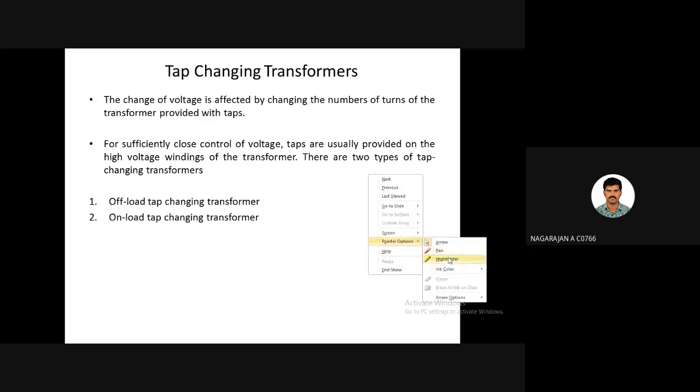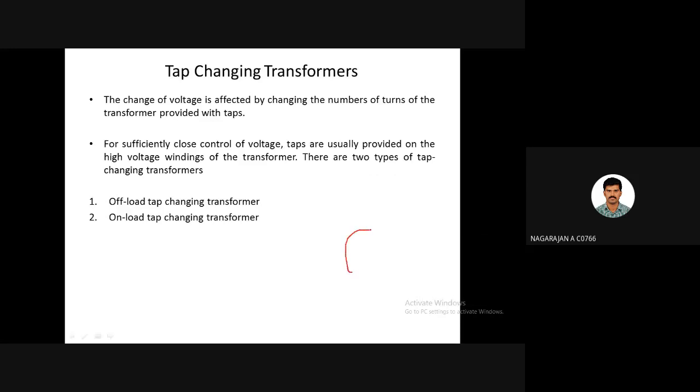Okay. For example, look at this diagram. An auto transformer will be looking like this, a circle. You will get a knob on the transformer that you can rotate. This can be rotated, okay. So this will have an arrow mark that indicates the position of the contactor. And this point is 0. When you keep the arrow mark at this point, the output voltage will be 0. And if you keep the arrow mark at this point, it will be 300.